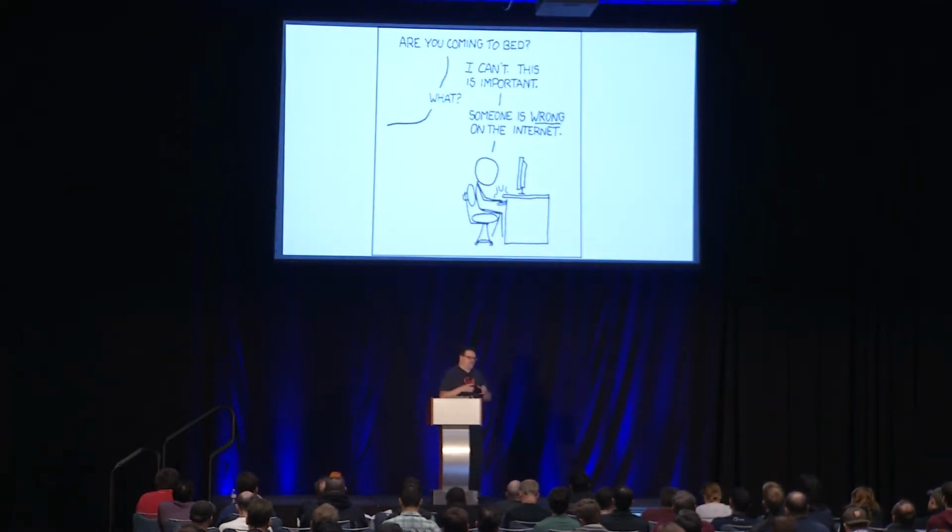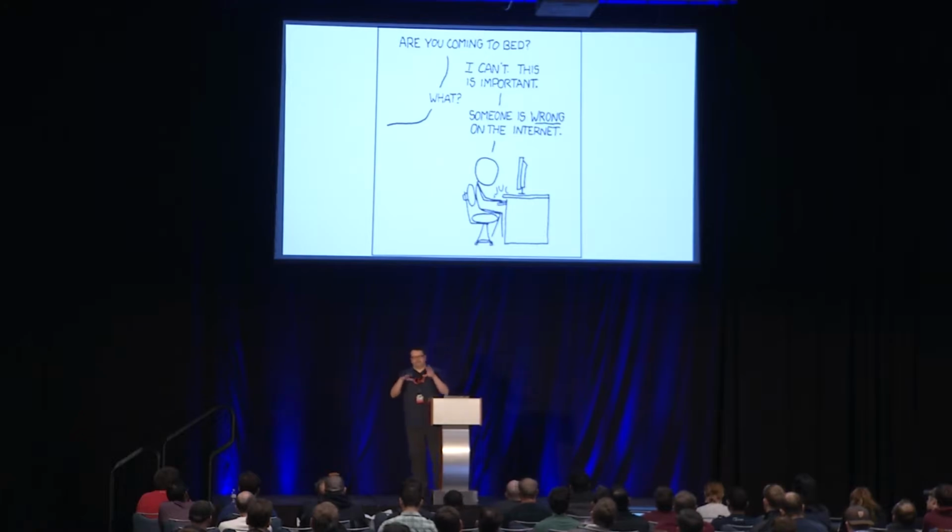Now, when it comes to the internet, this is XKCD 386. To me, the most classic XKCD, because I deal with this on an ongoing basis as a person, right? Somebody is wrong on the internet. So this is the point of temptation, right? That was one of the key insights I had at Discourse. You're reading a topic, it doesn't matter, and you get to a point where you're like, whoa, whoa, whoa. What you just said right there is some BS, right? And I'm going to tell you why. So this is the point that someone is wrong on the internet.